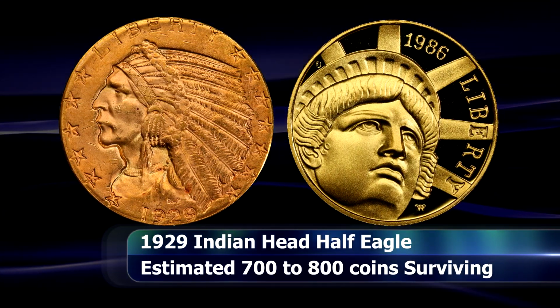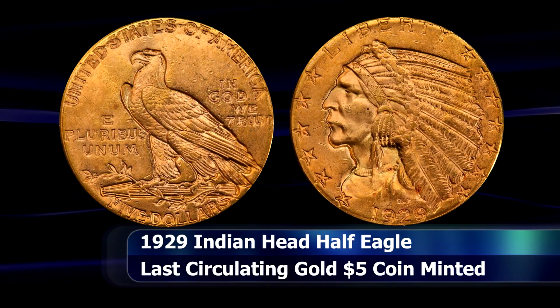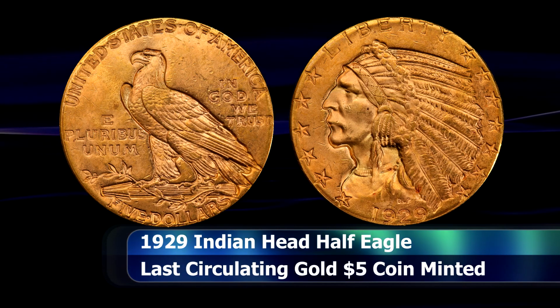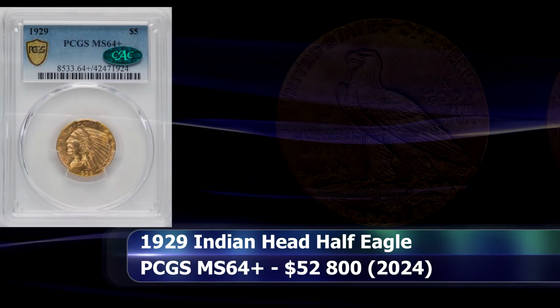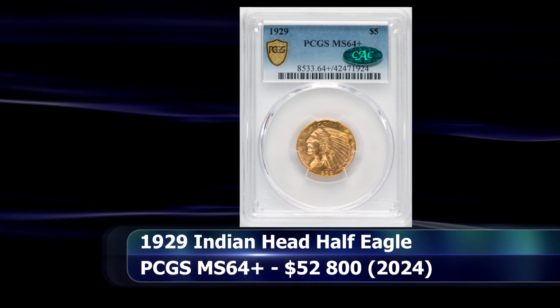Today, only 7 to maybe 800 coins, if we're being optimistic, remain extant, and an MS64 Plus graded example like this from PCGS is a rare sight indeed. At auction, the coin changed hands for